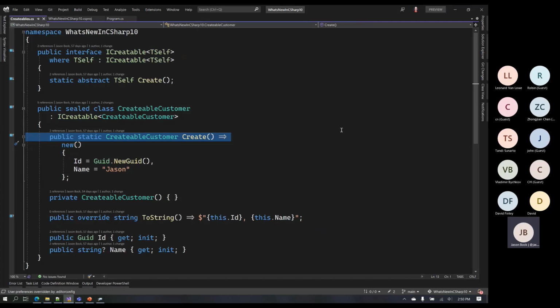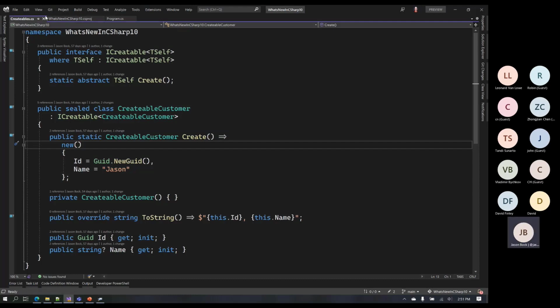This is beneficial if you've ever had a case where, even though this is not an async method, I could easily create a static abstract CreateAsync method here as well. I want a constructor, but I also want to do some other initialization, a couple of async calls, which I can't do in a constructor. So I could make the constructor private and have a public Create method that does all that initialization. But now that I can put it into an interface and make it type safe, it's not just a convention I follow, it's enforced by the type system, which I think, again, is a really nice thing to have.